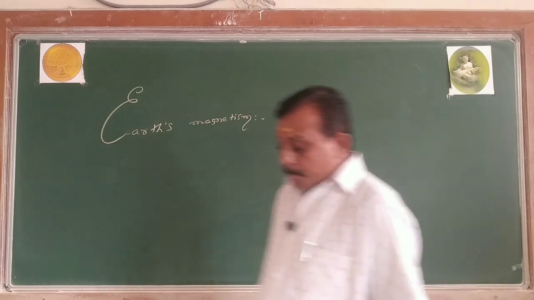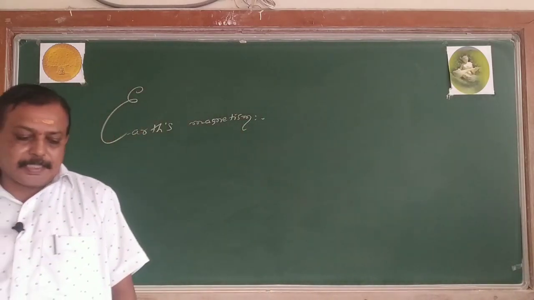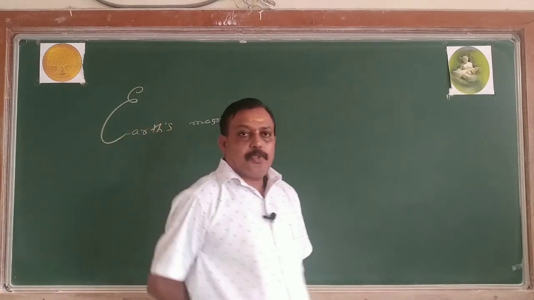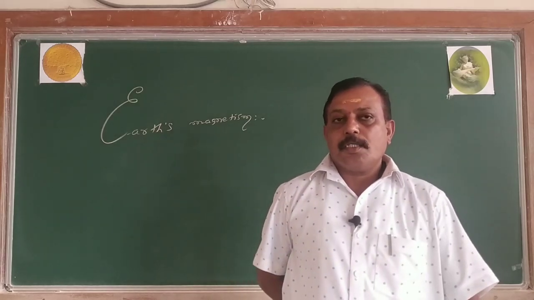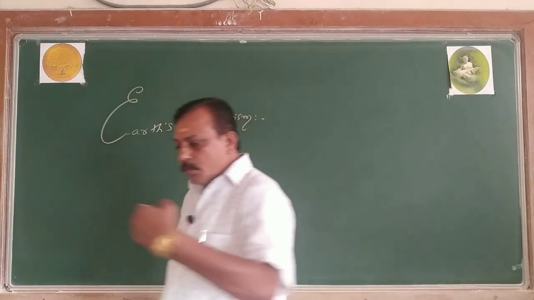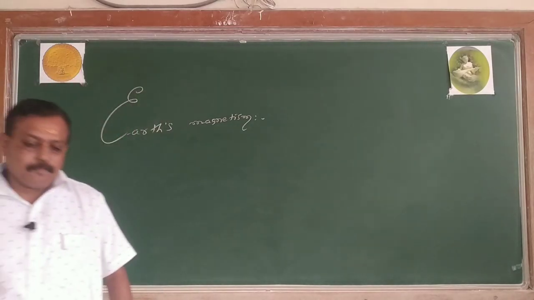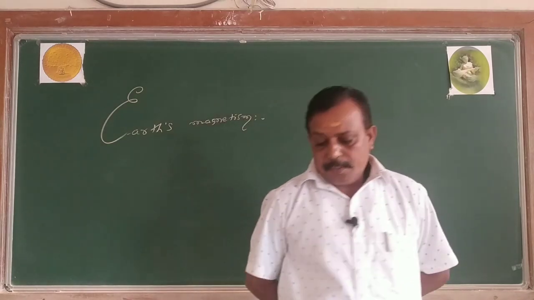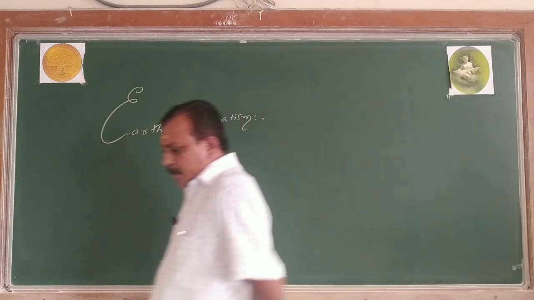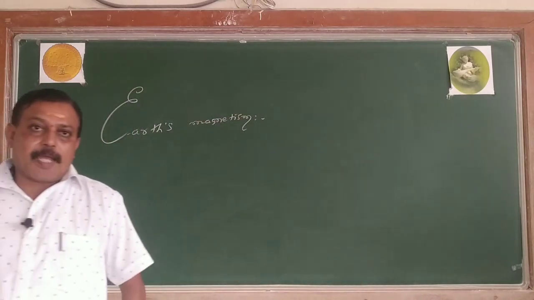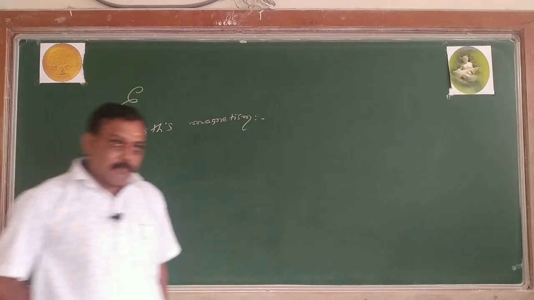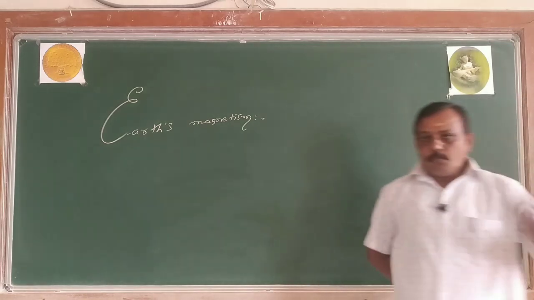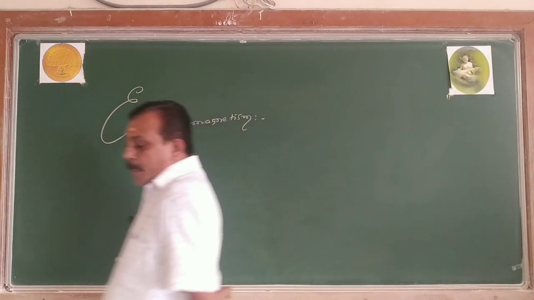Then, to determine the Earth's magnetic field, we have the magnetic elements. Magnetic elements are those which determine the Earth's magnetic field at any place. To determine the Earth's magnetic field at any place, I need what? Magnetic elements. Then what are those magnetic elements? The magnetic elements are, first, magnetic declination, which is represented by delta. Second is magnetic dip or magnetic inclination. Third is Earth's horizontal component, and fourth is Earth's vertical component. And two more things, one is the magnetic meridian, another is the geographic meridian.